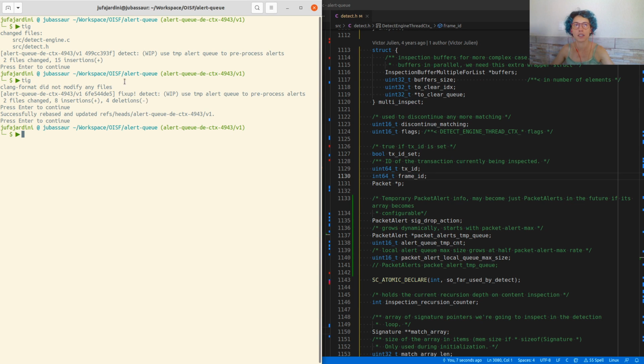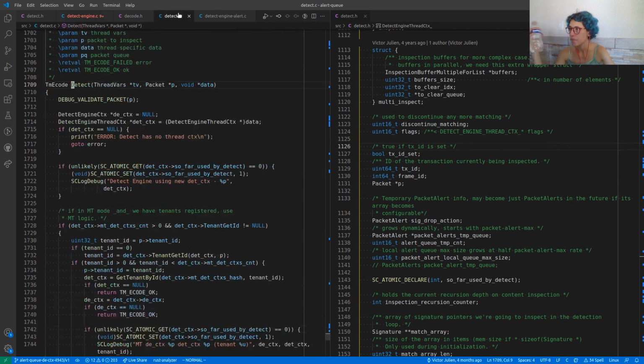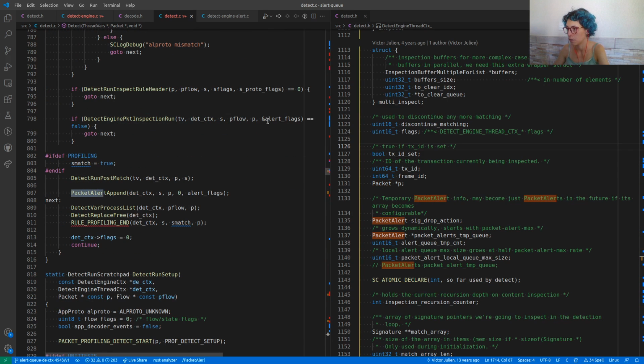All right, I can't delay things any longer. It's time to try to use the things we initialized. Now, where does this happen? We have packet alert append used here.